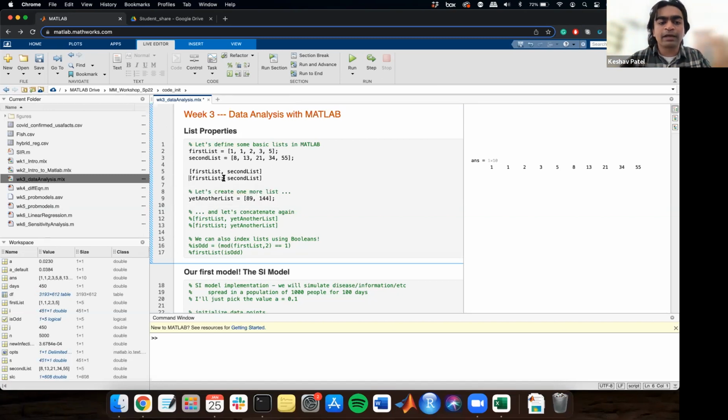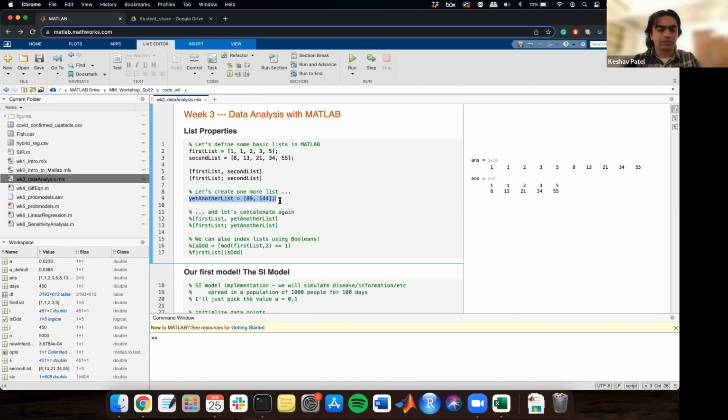And I can do that by simply changing this comma to a semicolon. So when I run this section, again, I get the horizontal concatenation from here, and I also get this vertical concatenation. So now I have an array of two lists that have just been put one on top of the other, right? As another example, and just more of a cautionary tale, I've created yet another list with another two elements